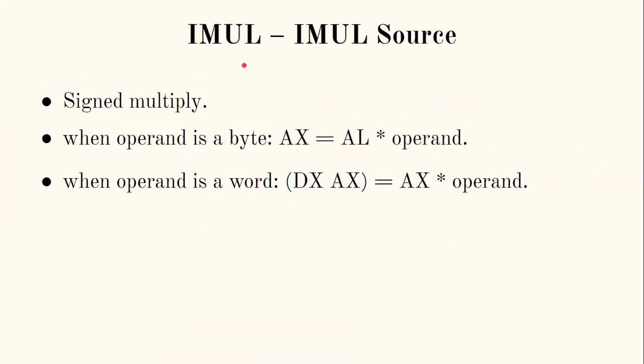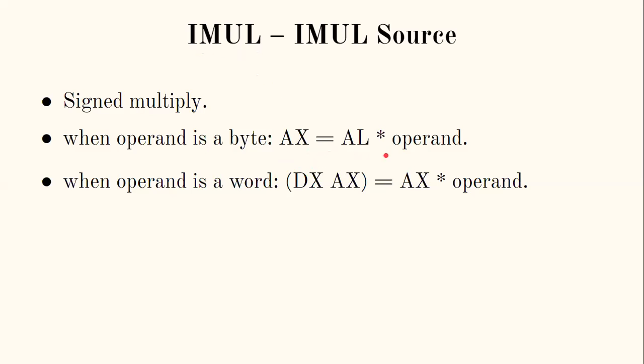So as the MUL instruction was for unsigned number multiplication, we have the instruction IMUL, with the opcode IMUL and the same format as that of the multiply instruction, but for signed number multiplication. We all know the difference between signed and unsigned numbers. In signed numbers, the MSB bit indicates the sign of a number. That means if it is 1, it indicates that it is a negative number. If it is 0, it indicates that it is a positive number. So for the multiplication of such signed numbers, we have to use this instruction.